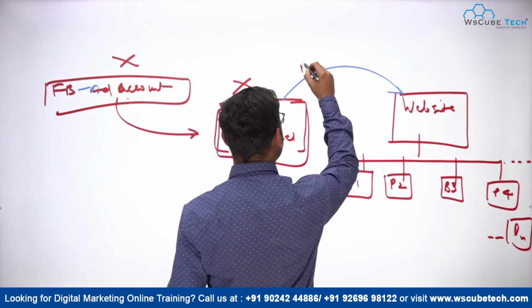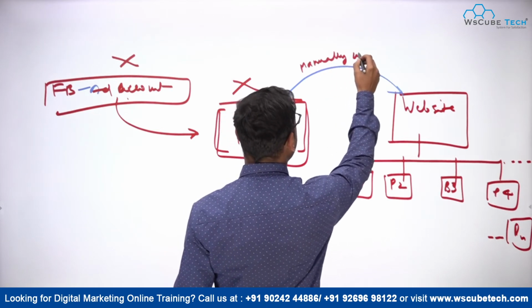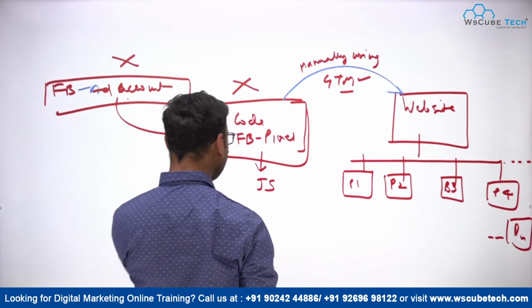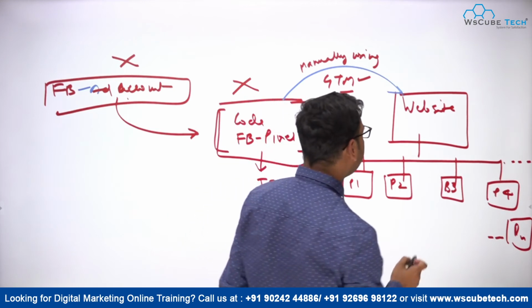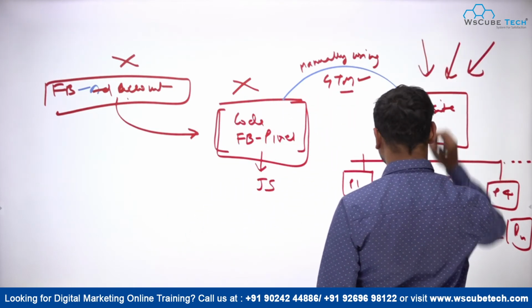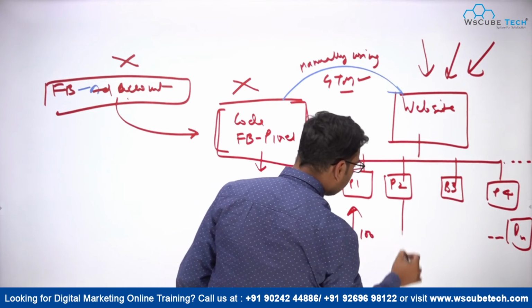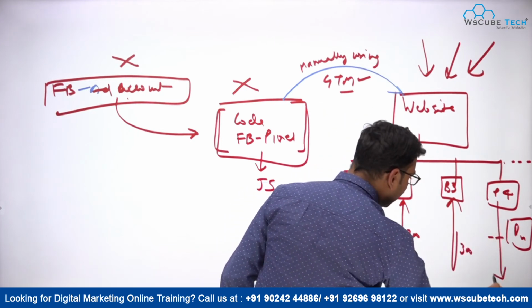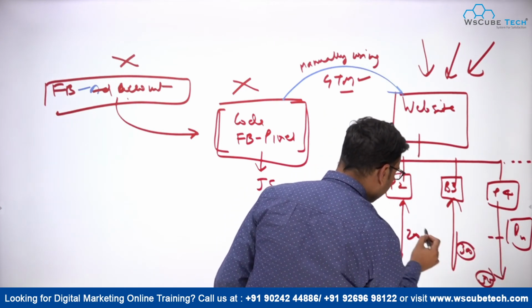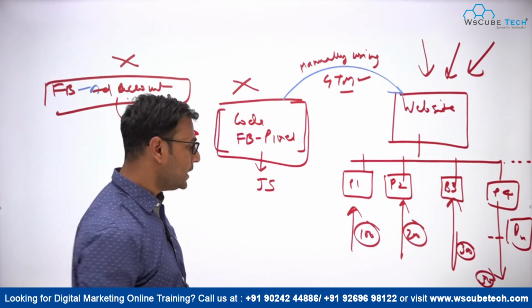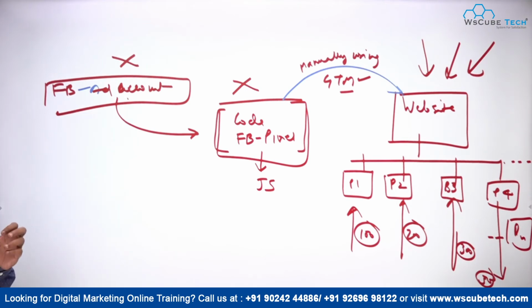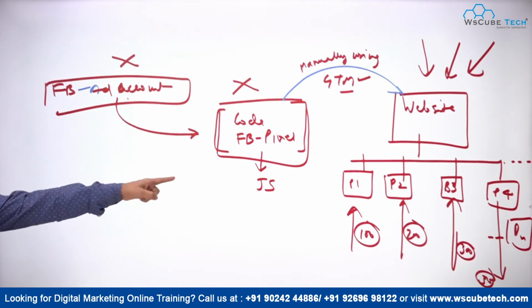And there are different methods. We can do this manually using code, or we can go ahead and use GTM to install. We will be using this particular method. Now what happens is, suppose you are getting different visitors on your website, right? Like there are 100 visitors on page 1, 200 visitors on page 2, 300 visitors on page 3, and then about 50 visitors on page 5. And you want to show your ads to these 100 visitors only. You want to target people, so you create an audience, and the definition of that audience is the visitors who visited our page number 1.